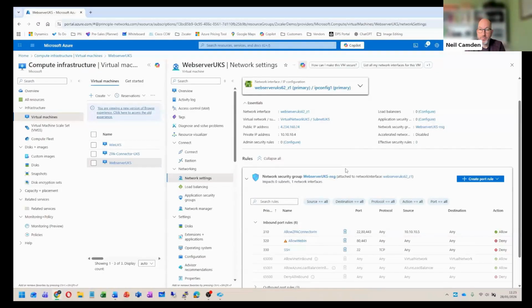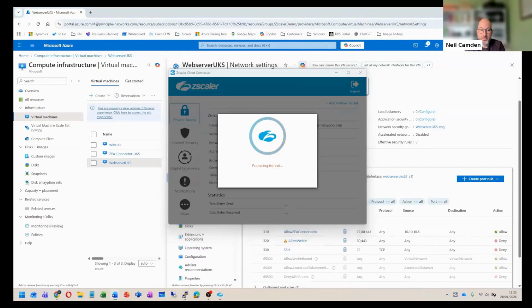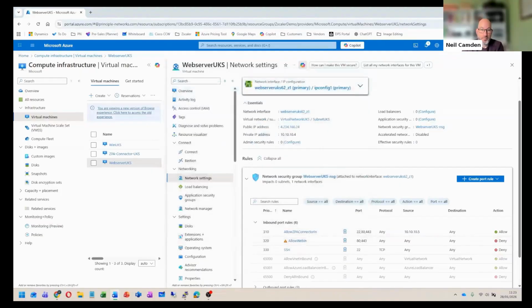That's all great if your users have the Zscaler client, but what if you want to allow access, for example, for third parties or employees that have BYOD devices? What we can do there, if I stop running the Zscaler client, in your environment, your users probably wouldn't be able to stop that. And if I go back to